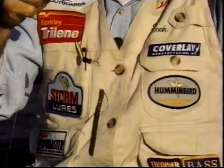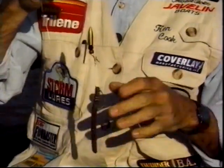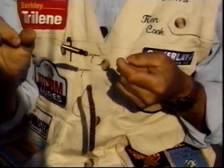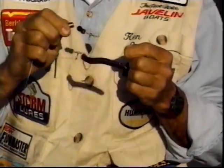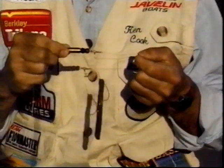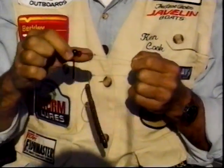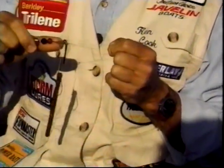Bet you've never seen a Carolina rig like this before. This is basically a two-hook Carolina rig, and it came about as my frustration for having fish bite the sinker. I use a rattling brass sinker a lot of times. This is a Thunderbolt which rattles, and so you attract fish to this area. I was frustrated by fish biting the sinker, so through a process of elimination, I developed